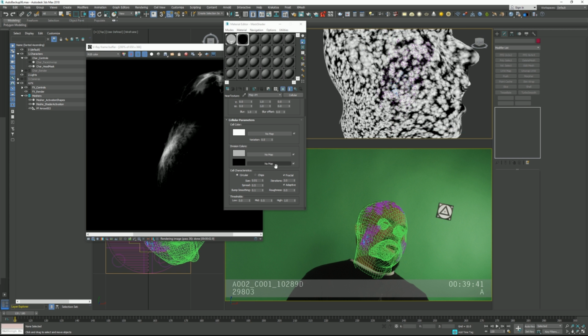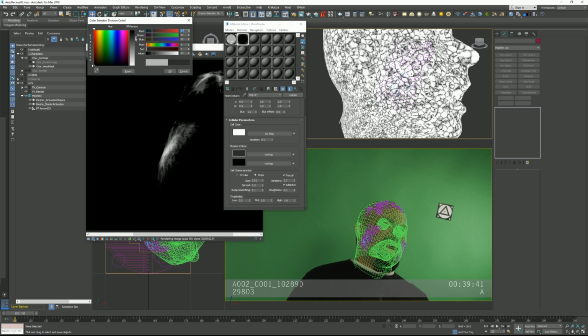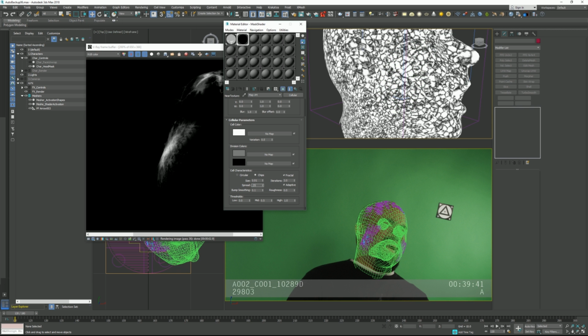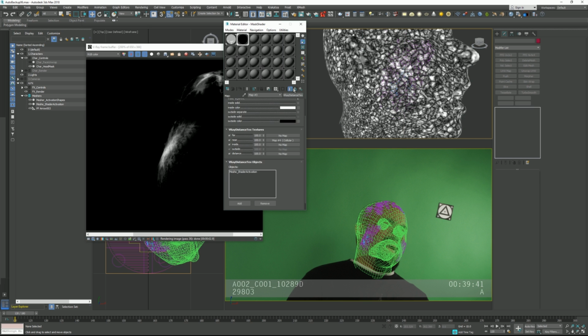But the whole point is now we're getting more of a broken up pattern. I'll try chips. In fact, I might do it the other way around because I want this to be very broken apart. Keep that around mid. I'll lower the spread instead. So I'm trying to bring the spread up to break the pattern up more. So what happens is this would be the mid color. So I'm going to just throw some more settings around. I could try roughness, but this might break it up a bit too much. That's not too bad. Alright, so anyway, I'm just going back and forth with this, but the whole point is